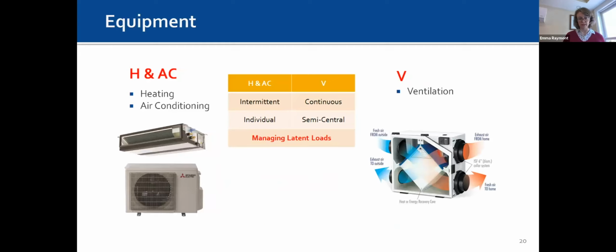I'm going to start with the equipment side. It's my area of expertise, and I could talk about it for hours. When we start talking about equipment, a lot of people say, okay, what's the HVAC going to be? I often start, when we talk about high performance buildings, by breaking HVAC into pieces, right? Best practice in high performance buildings is to separate these things out. So we want to talk about our H and our AC, our heating and our cooling. That's one piece of it. And the other piece is